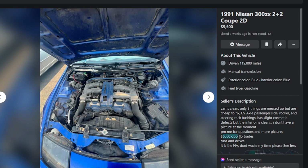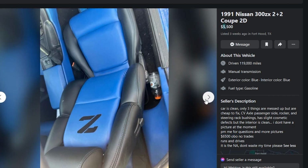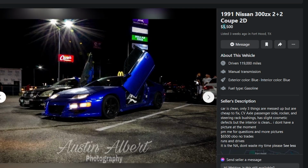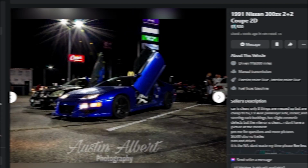Oh, it's $6,500 to $5,500 too. I mean, probably 3,500 bucks for something like this. Probably $3,500 is where that car needs to be at. D. Next,